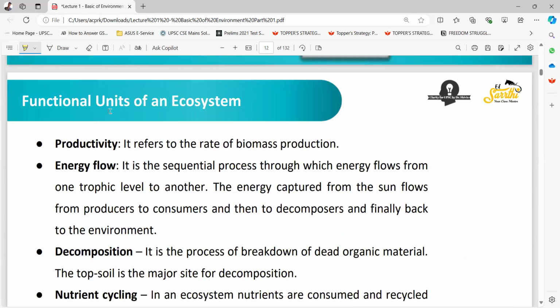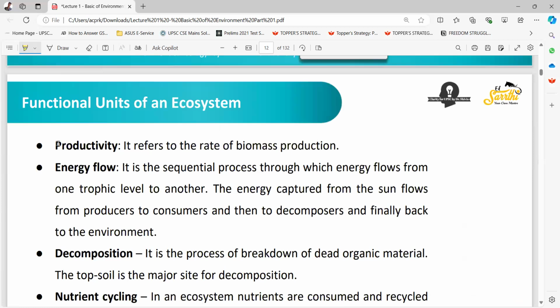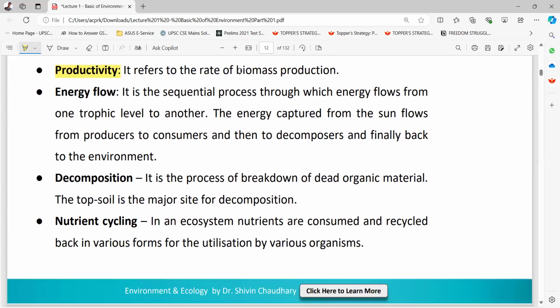Okay, functional units of an ecosystem. Productivity refers to the rate of biomass production. Next is energy flow. It is the sequential process through which energy flows from one trophic level to another. The energy captured from the sun flows from producers to consumers and then to decomposers and finally back to the